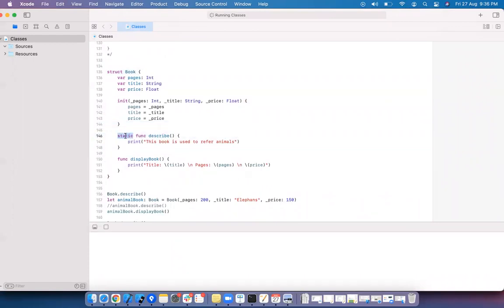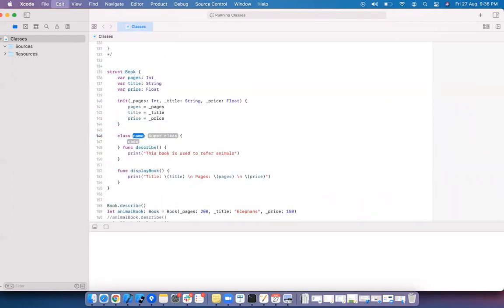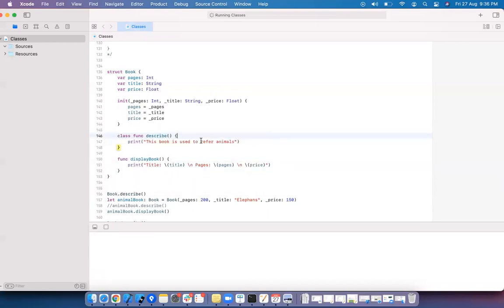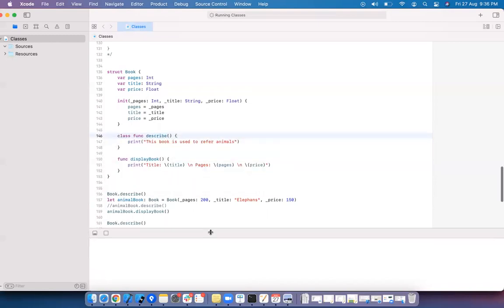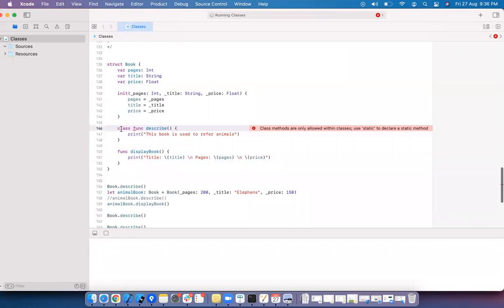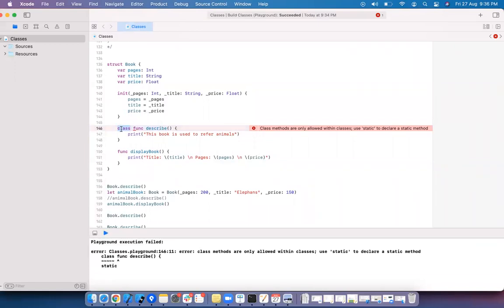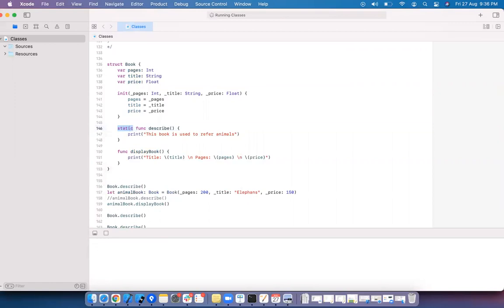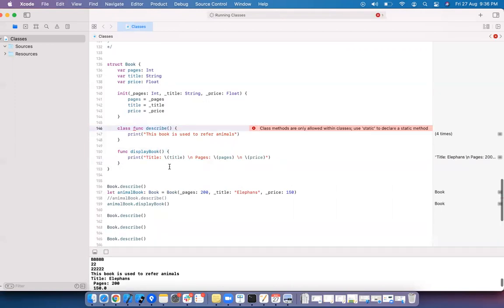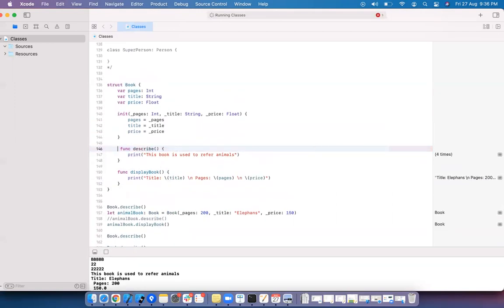Here, if you want to use class, which is not allowed, let's see what that is. Yes, the class keyword can be used only in classes. In a structure, if you want to create a type method, you have to use static only. Class is not allowed in structure. Okay, this you need to remember.